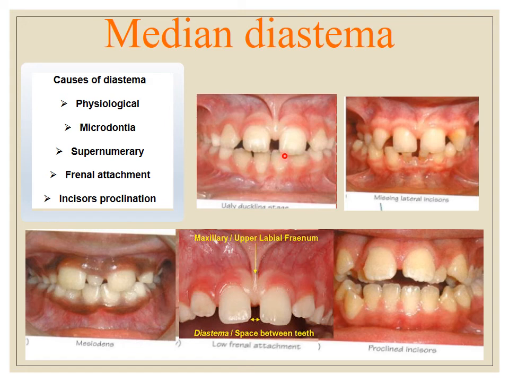The median diastema, which means the presence of a space between the two centrals, may be in the upper or in the lower, but it is more common in the upper arch. And there are many causes for the presence of such a space. The first one is the normal physiological, because in the early mixed dentition, normally the frenal attachment will be attached